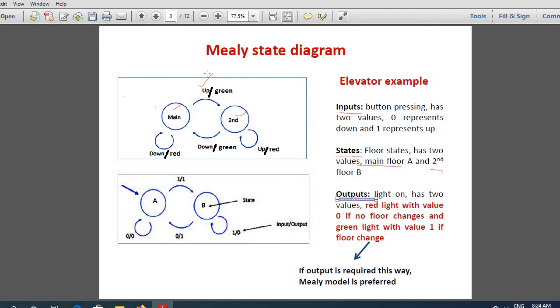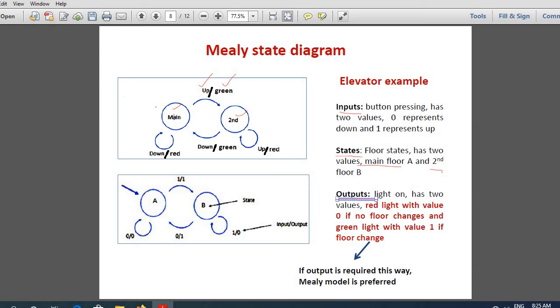Look here. In order to change the state from main to the second floor, I need to give an input of up. Pressing the button should be up, and as a result of this change, what is my output? My green light will glow because there is a change of floor.